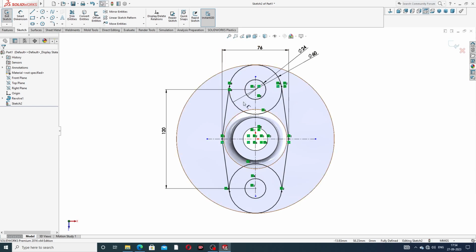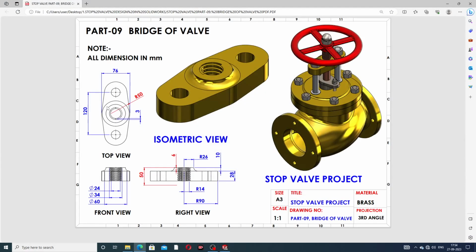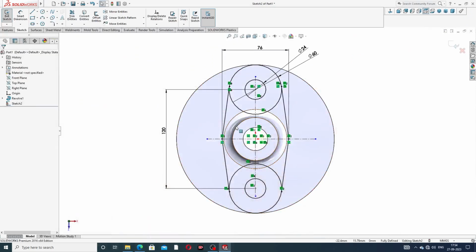All is black color, which means this is fully defined, and this is a tangent line. Okay, all is correct, and this geometry is perfect. This is 120 millimeter and 76 millimeter, and this is drawing a circle. 60 millimeter is the diameter and 24 millimeter diameter, and then use this 34 millimeter for the last, or use a thread,